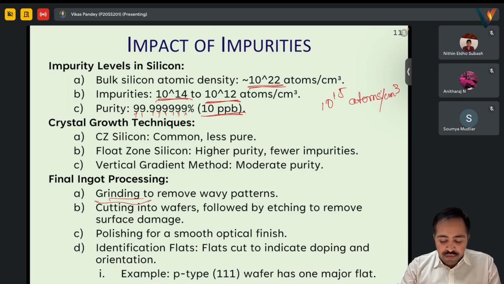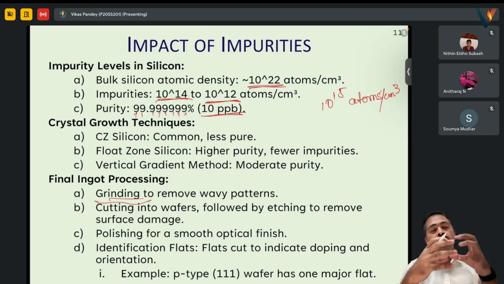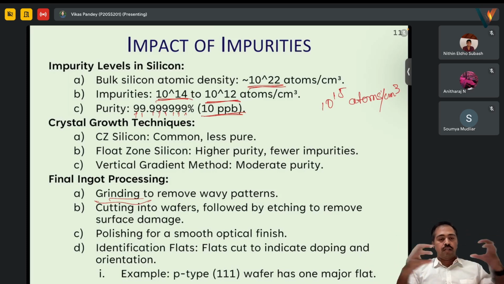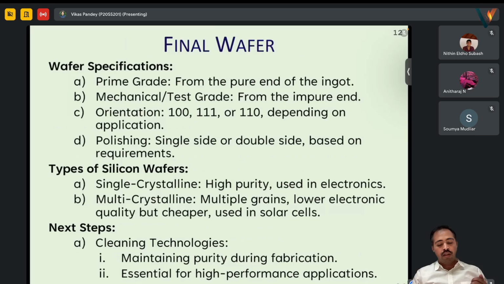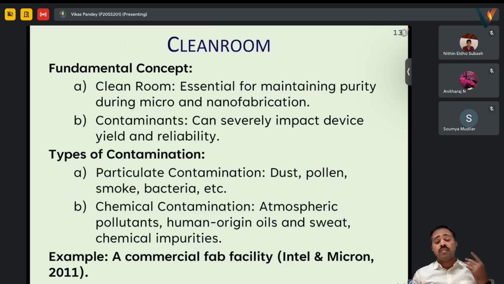So if you see, when we are talking about FZ method or CZ method, the whole ingot will not be very pure. There will be difference in purity. Okay, so this difference in purity gives us different grade of silicon wafer. One is prime grade, then